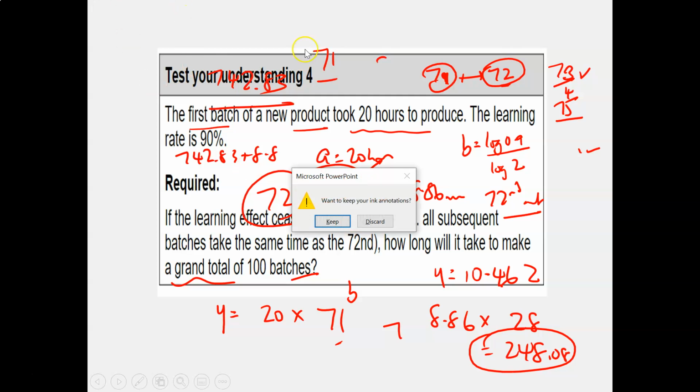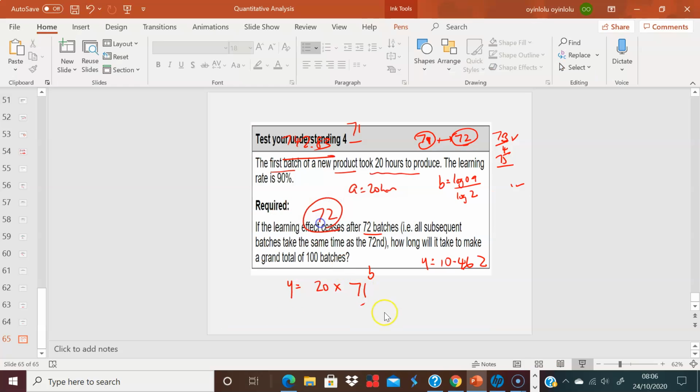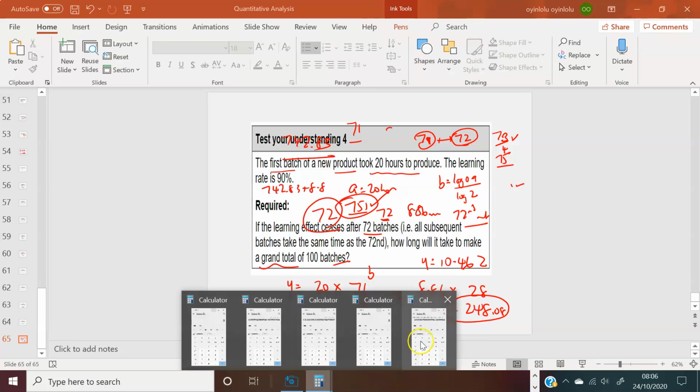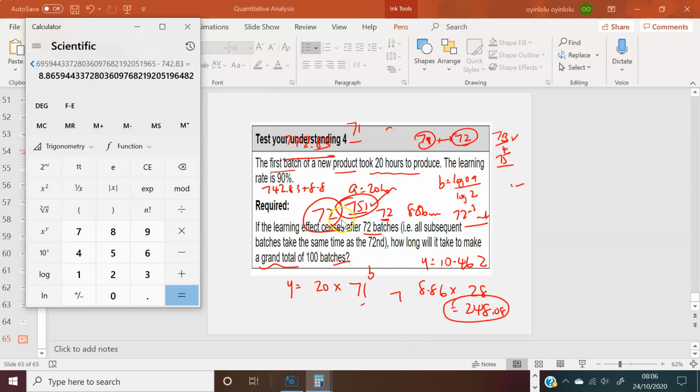Let me see if that calculator would have kept that information there. So that was 751, 752. So I'm just going to clear that. It doesn't really matter. I know what I'm looking for. 752 plus 248, and so the grand total is, whoa, look at that, beautiful, 1,000